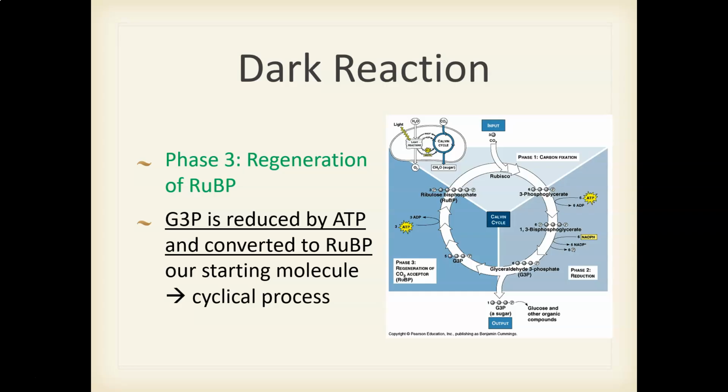So the G3P then that isn't being given off again goes back through with the help of some of that ATP to rebuild that RuBP molecule so that I can then continue to use that and the enzyme Rubisco to continue pulling off carbons from carbon dioxide and keep the cycle going.